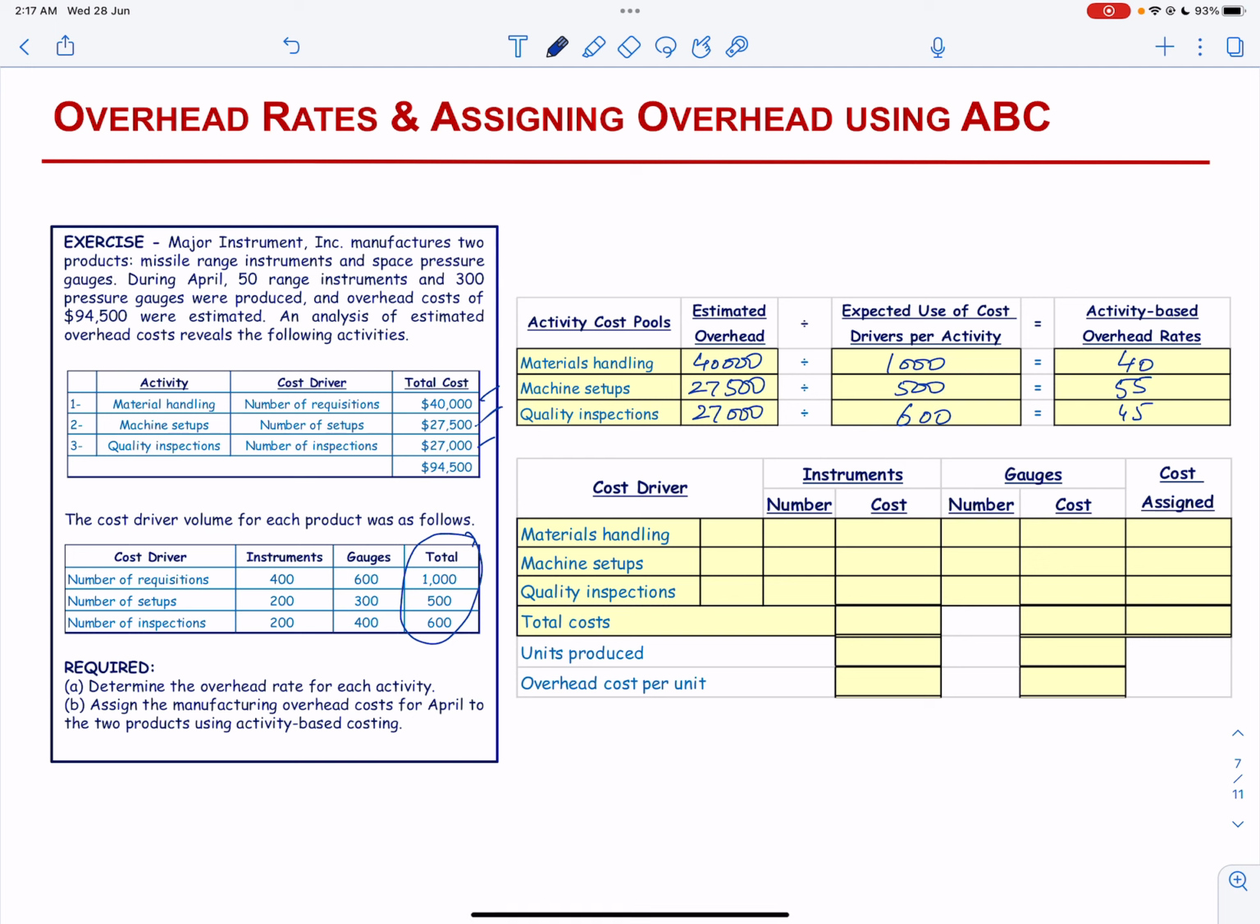Next, we are going to determine the cost assigned. First of all, we look for cost drivers. We have material handling, machine setup, and quality inspection, and we have the rates, and the rates are 40, 55 and 45. This is what we have calculated just now. And the numbers given to us for instruments are 400, 200 and 200. So we are going to multiply the two,